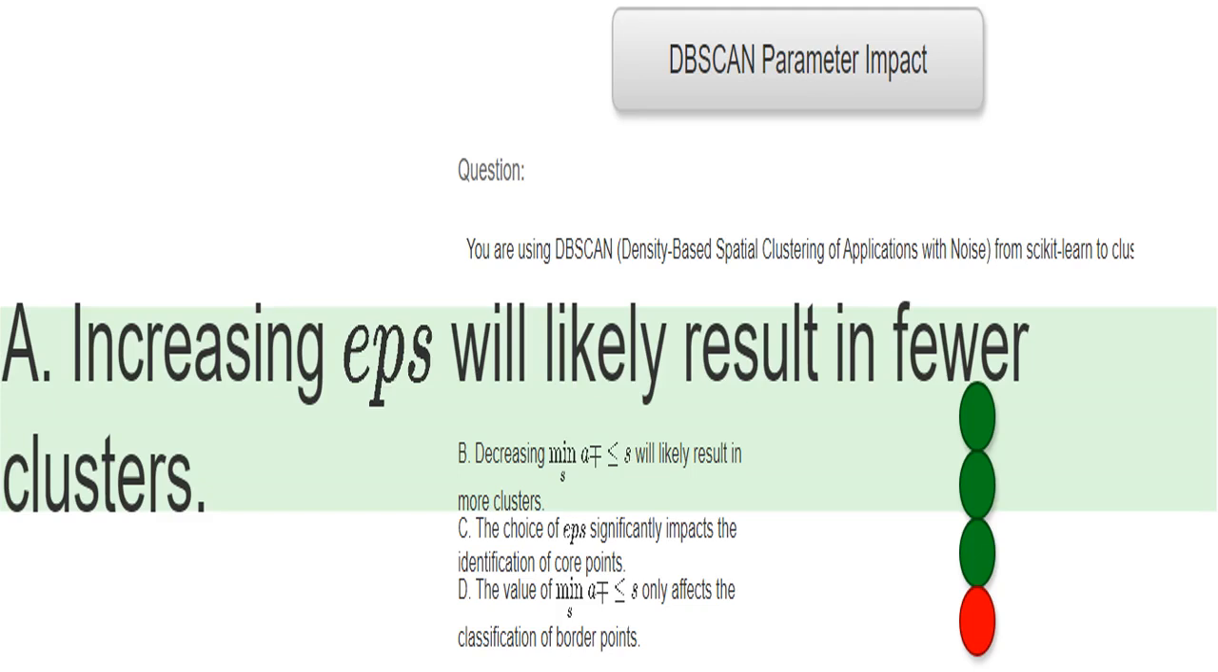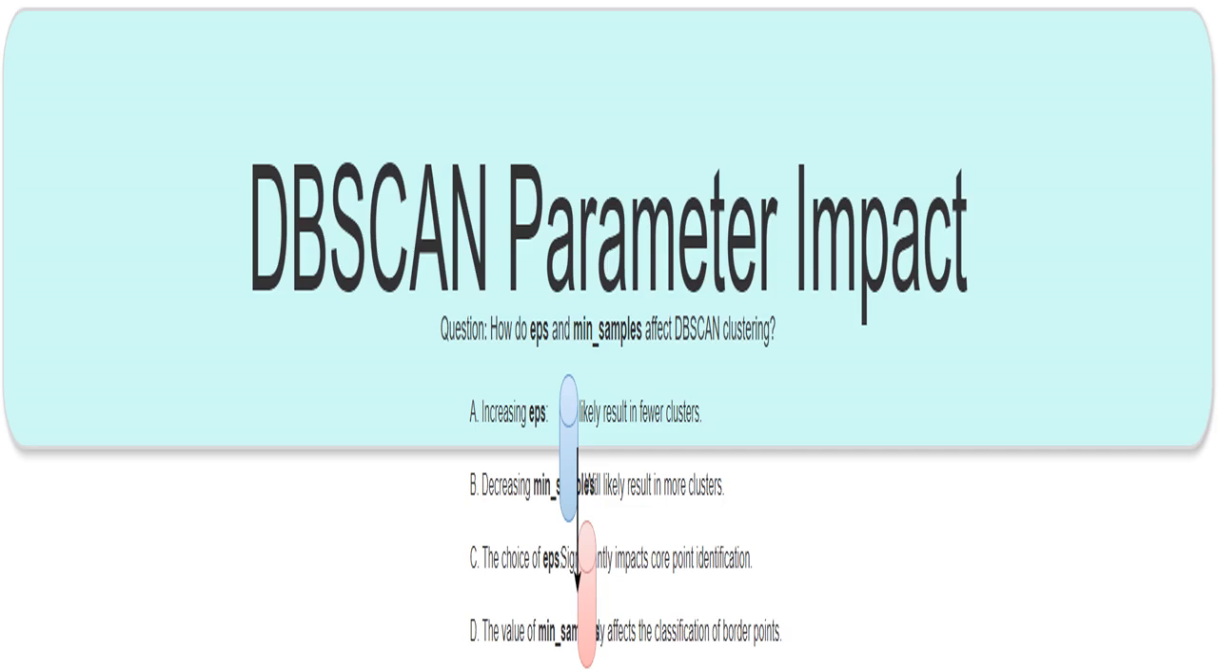That's right. If I increase the epsilon radius, I'm making it easier for points to be considered neighbors. This means that smaller, separate clusters might merge together to form larger ones, resulting in a decrease in the total number of clusters. I'm analyzing how changing the epsilon, eps, and minimum samples, min_samples, parameters in the dbscan algorithm affect